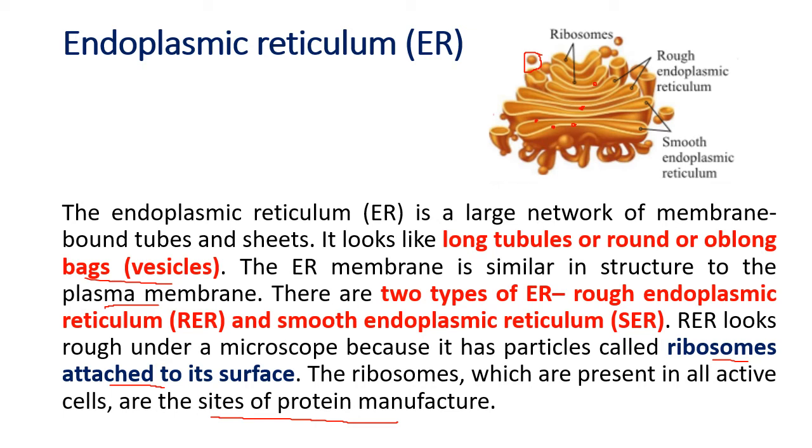Now the endoplasmic reticulum will be different in different types of cell, but the basic idea is that it forms a network of structures. If you can see these tubes, they are internally connected, meaning the material can move inside the cell from one place to another. The tubes are connected for the materials to move. So endoplasmic reticulum helps the material move inside the cell, and if it touches the plasma membrane, it also helps the material to move from one cell to another.